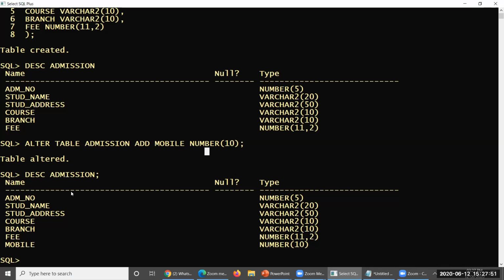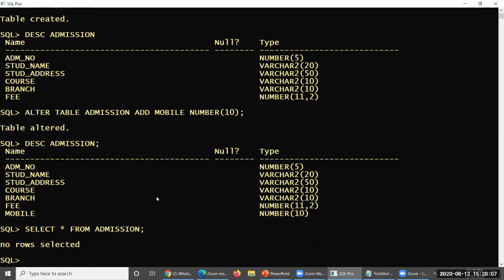Now look at this. You don't have data in this particular table. Even then, select everything from admission. Let us see. No rows are selected here. No data is available. For our convenience, for explanation's point of view, I'd like to add one row of data to this particular table for a while. Even if you are not aware of this, please just look into the matter.